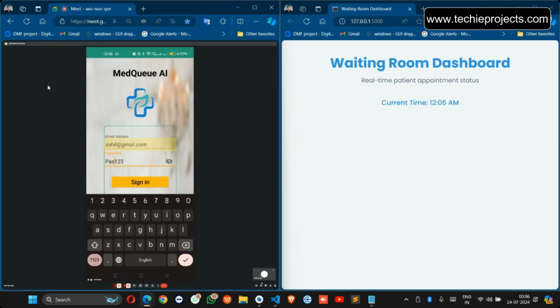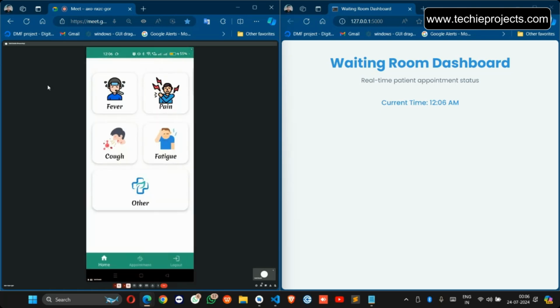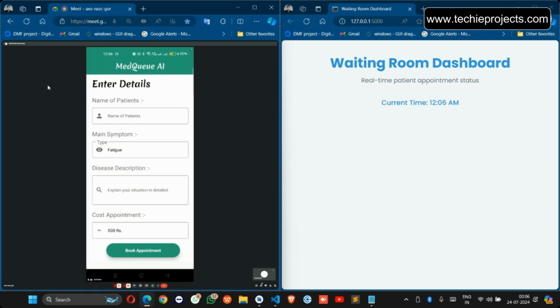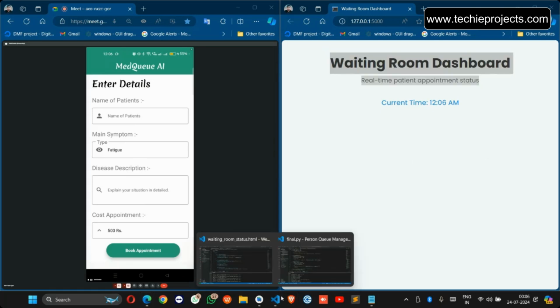Suppose I have activated this account, then I can go for login, and it will show me the home page. I can select the symptoms and put in the information, and it will automatically book my appointment. And this is a dashboard where you can see the status. Let me run the